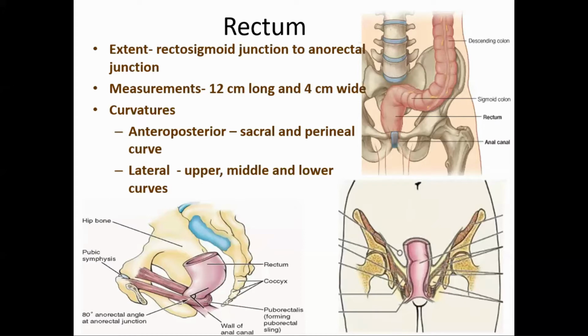The arrangement is different in the transverse colon, and the same in ascending and descending colon. Do you know its arrangement in transverse colon? In transverse colon, the Tinea libera is present inferiorly, Tinea omentalis is found superiorly, and Tinea mesocolica is found posteriorly. Okay, good. And last time we have studied the descending colon, sigmoid colon, transverse colon, ascending colon, etc.